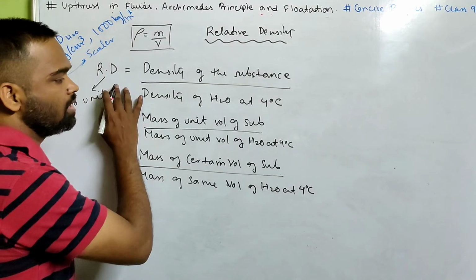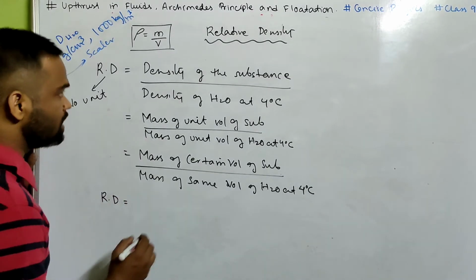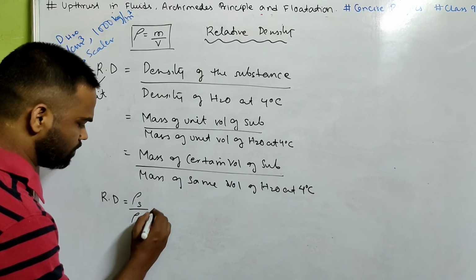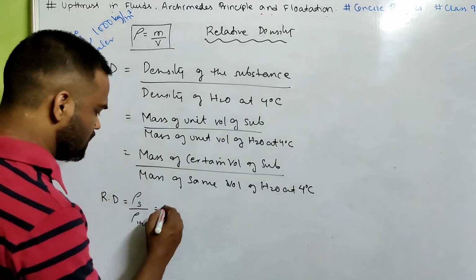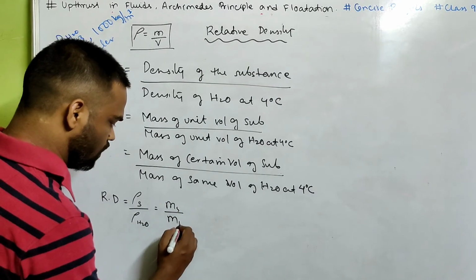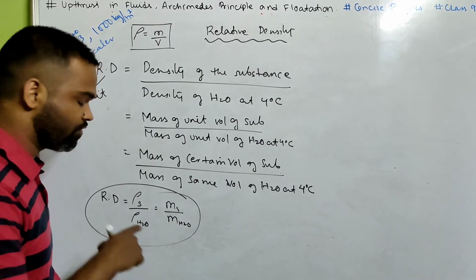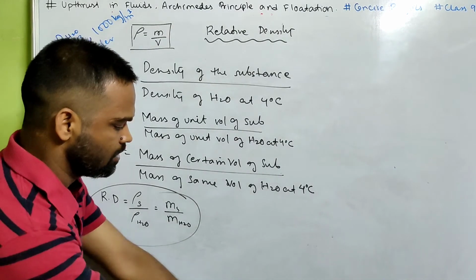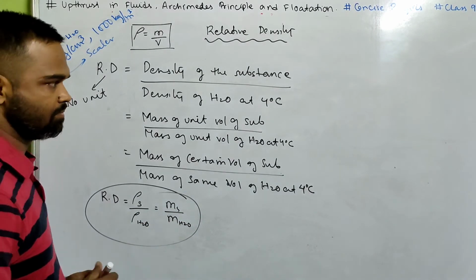So that is relative density, which means relative density is equal to density of a substance by density of water at 4 degrees, where rho means density, or you can say mass of a certain volume of a substance by mass of the same volume of water. That gives you the relative density of the substance. Clear? Now let us see